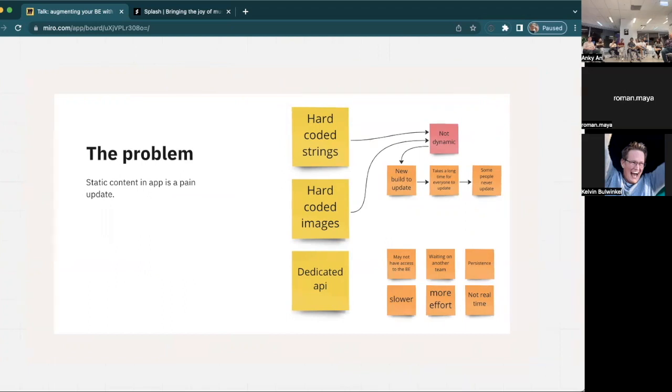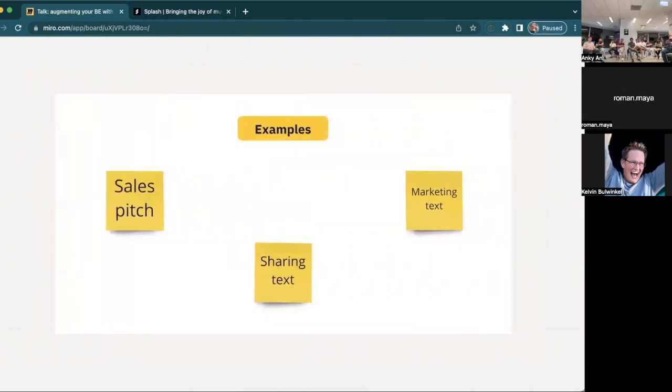A lot of this is the same, right? It's not dynamic. You've got to go through the whole process of running new builds. You can't iterate quickly and try new things. Again, you could use a dedicated API for this instead of using Firestore, but if you've got a relational database, then you've got to set up a table for this kind of thing, and then add an API endpoint, and that's all kind of slow. If you do it in Firestore,